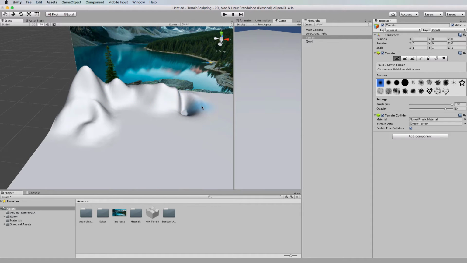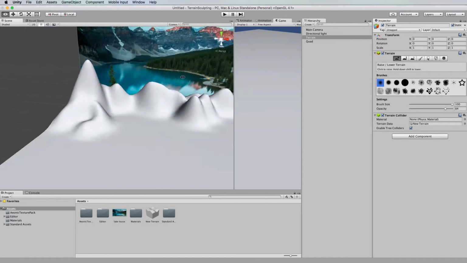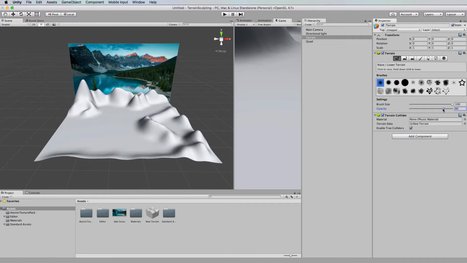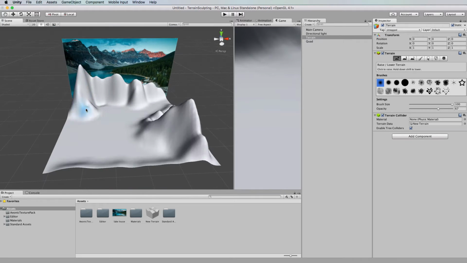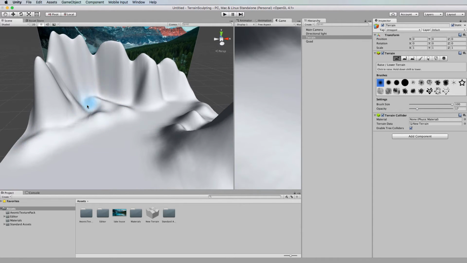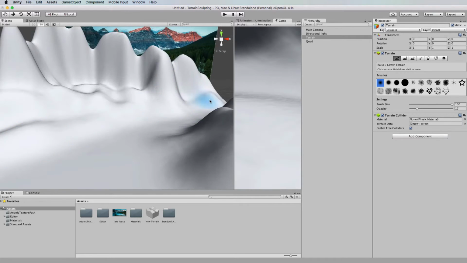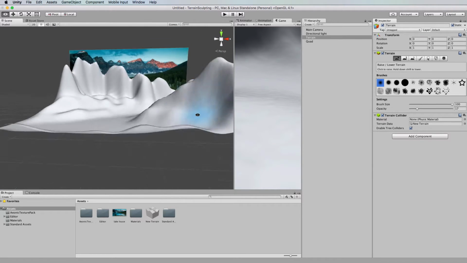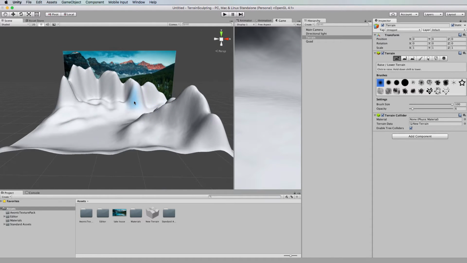Okay, so let's just spend a bit of time now sculpting this terrain to get it to look like that. Now that we have our basic layout,